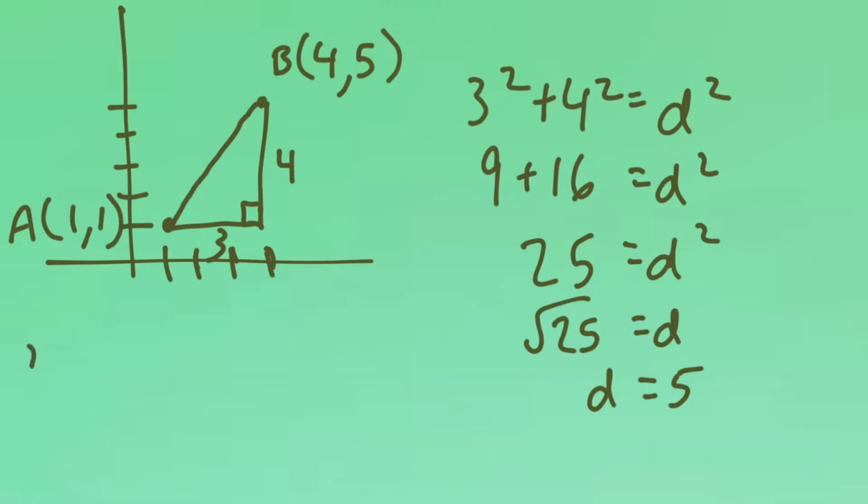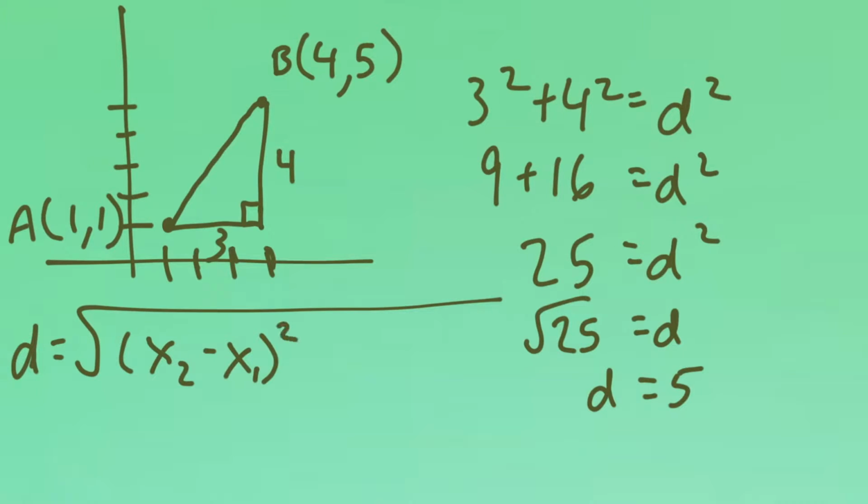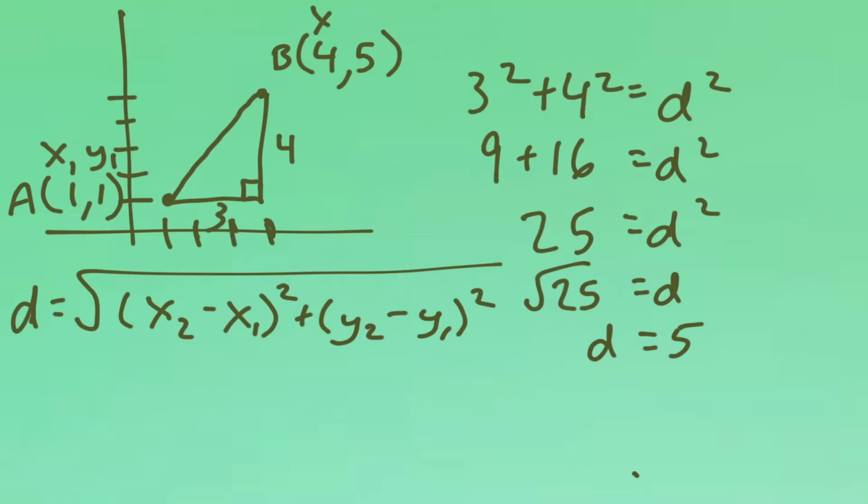Now let's see if we can get d equals 5 by using the distance formula. The distance formula is square root of x2 minus x1 squared plus y2 minus y1 squared. You can label whichever one you want to be x1, y1 and x2, y2, and this is how I'm choosing to label. So I'm going to do x2 minus x1, that's 4 minus 1, and notice this is where I'm going to end up finding that 3 squared plus, now I'm finding this side, I'm going to do 5 minus 1 squared,